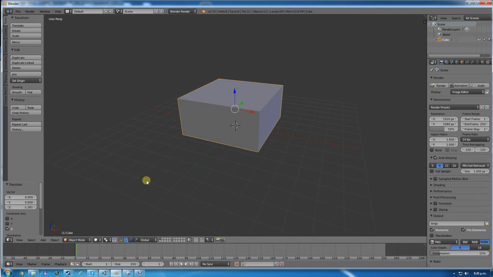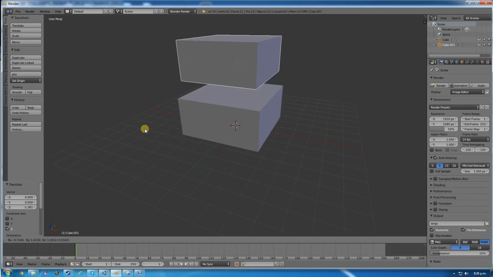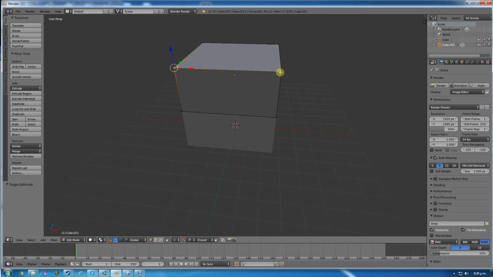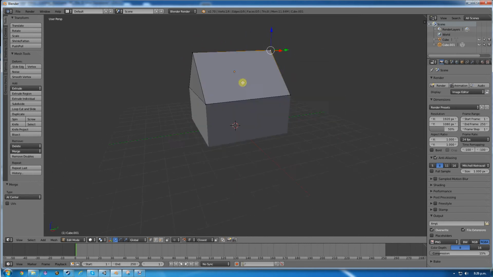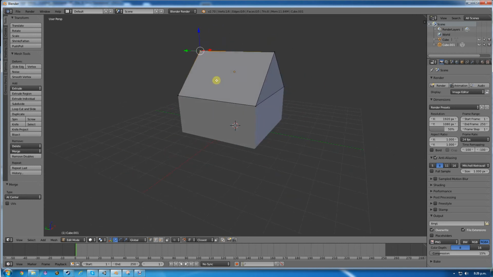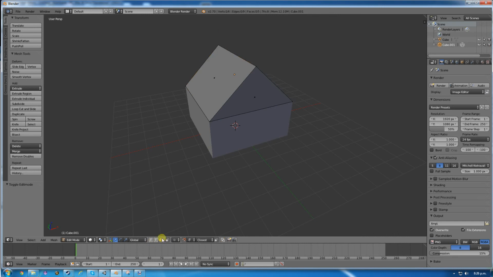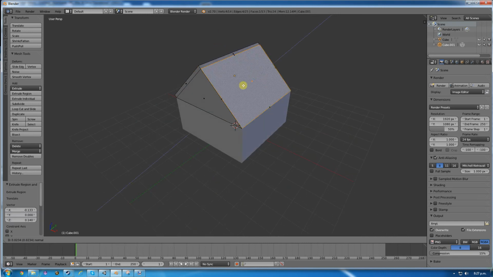I'm going to duplicate that. So Shift D, sorry, so it's not linked. And I'll make sure it's snapped to vertex like that. Edit that and join these two here. Alt M at the center. Got my house top here. With that there. Go back into edit mode, select these faces, extrude that out,